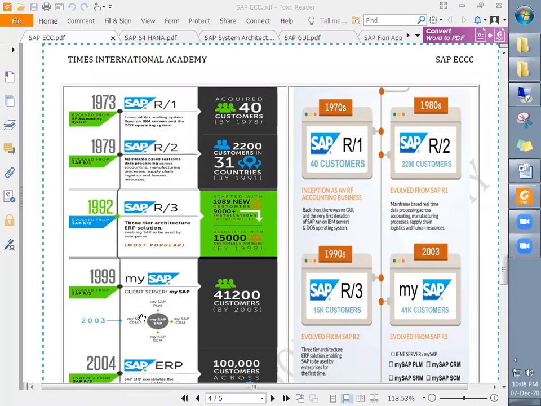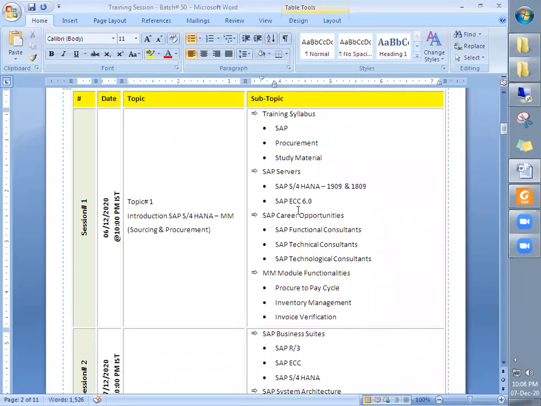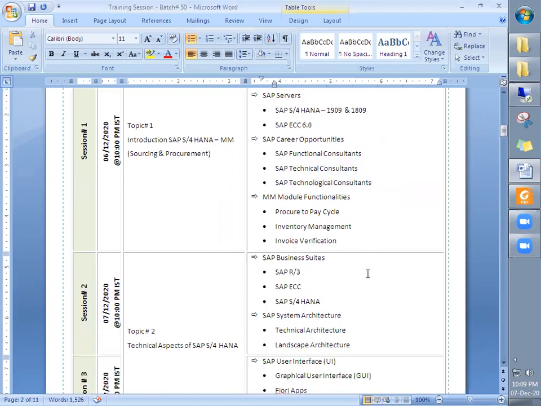So let's start today's session. In our last session, that is in yesterday's session, we discussed the training syllabus and SAP servers, and SAP career opportunities for different consultants like functional consultants, technical consultants, and technological consultants.